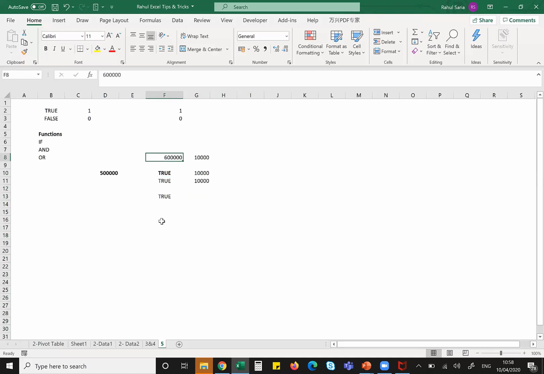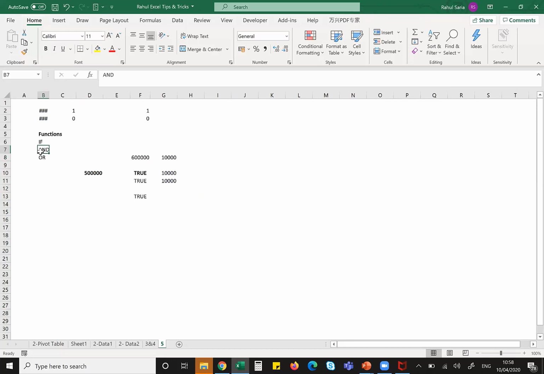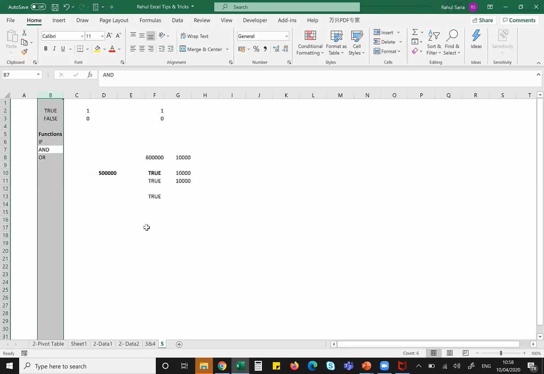If I want to adjust the width of my cell, you see this number is not visible. How do I adjust? One option is of course to double click on the cell edges. The other is to use Alt H O I. I'll repeat, Alt H O I. So if I see this, the text would not be visible. I just go there, select the whole column, Alt H O I. You see that? So that is very interesting for finance people, especially when we work with a lot of numbers.